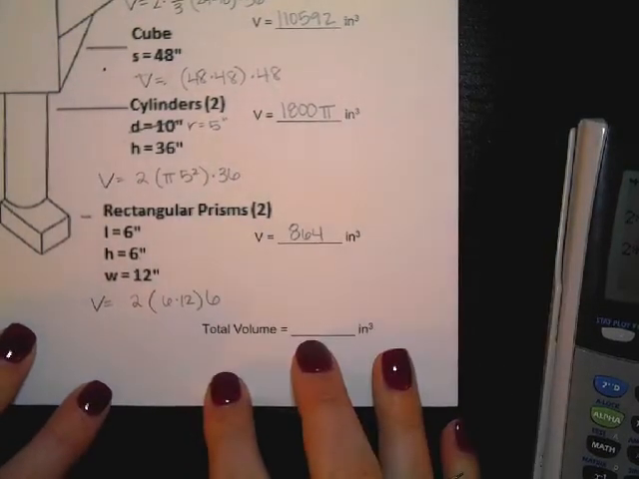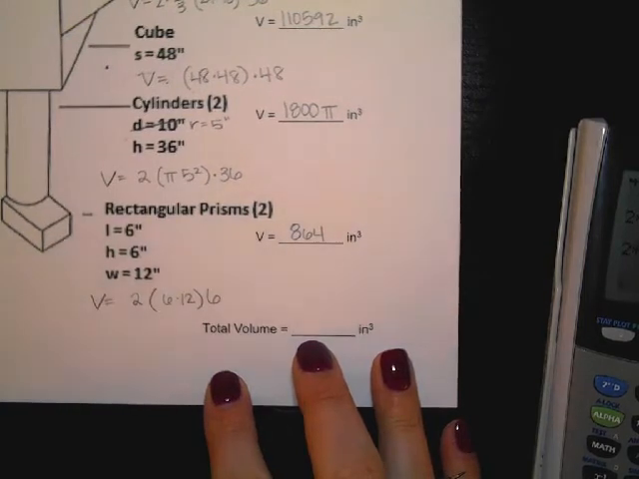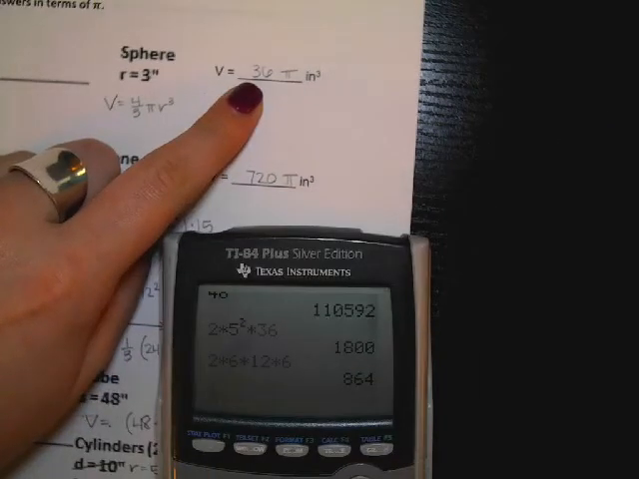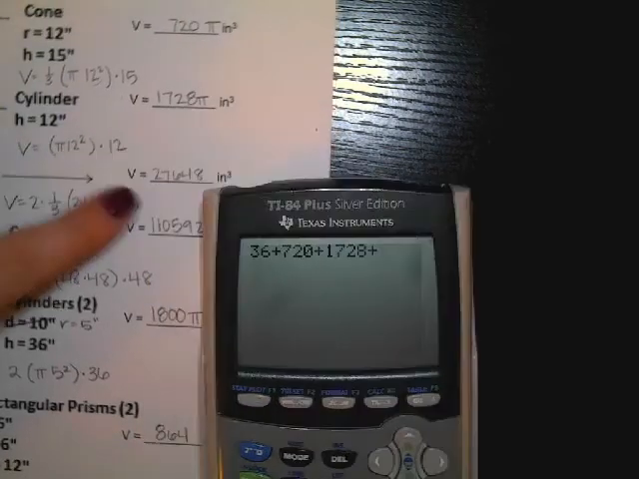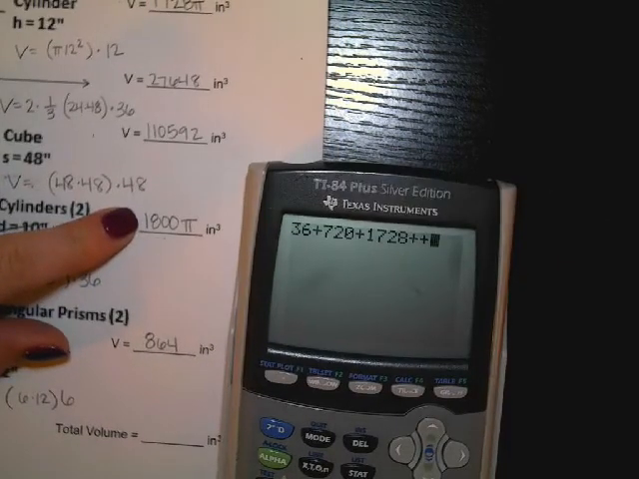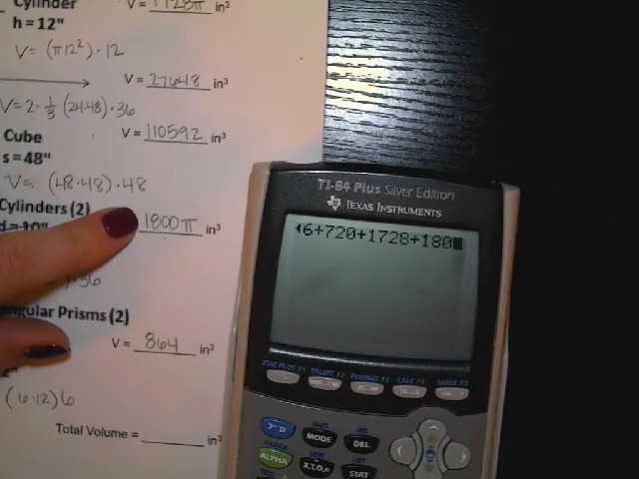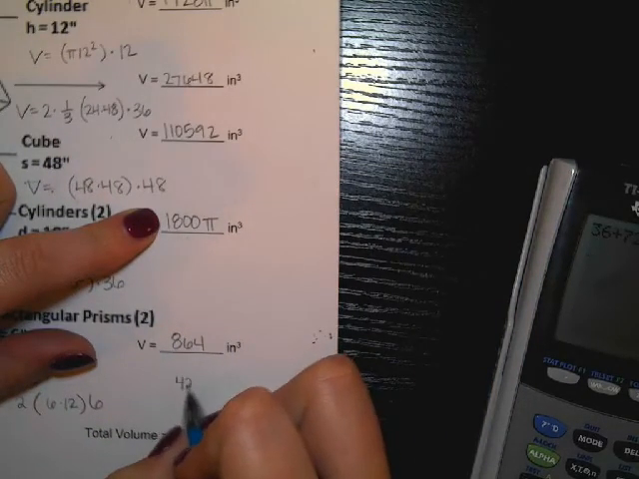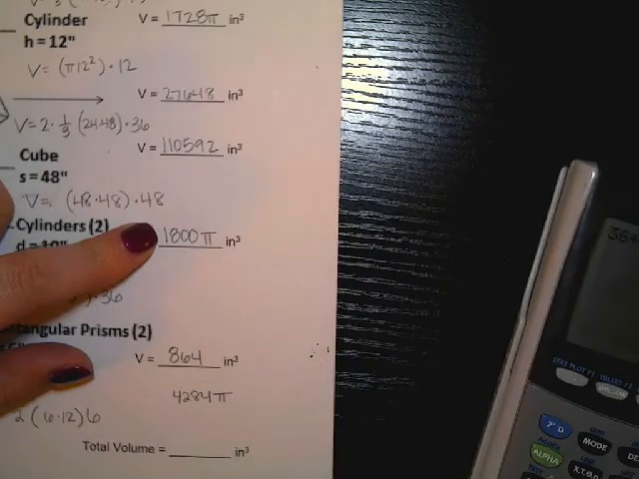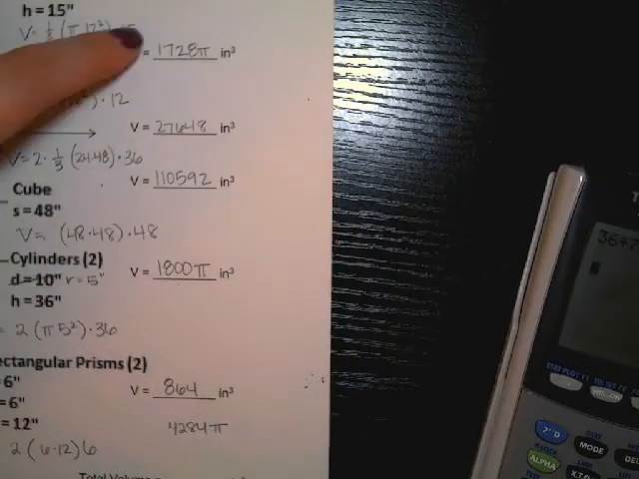Okay, so now what I'm going to do is think about adding all of these up, and I'm going to add up my like terms. I have some numbers that have a pi in them, and I have some numbers without a pi. So I'm going to add my pi numbers first. I have 36 plus 720 plus 1728 plus 1800. So 4,284 pi. And then if I add my numbers without the pi,